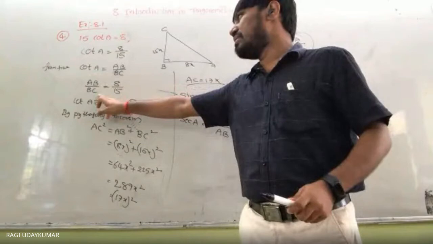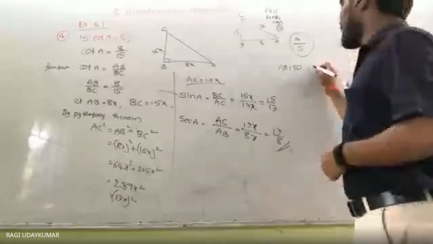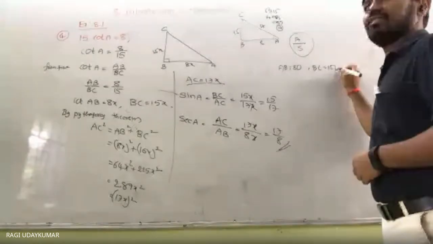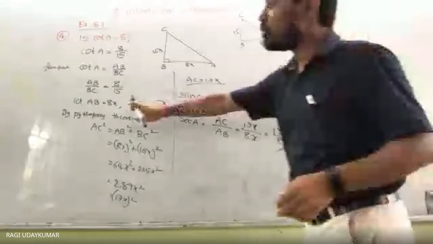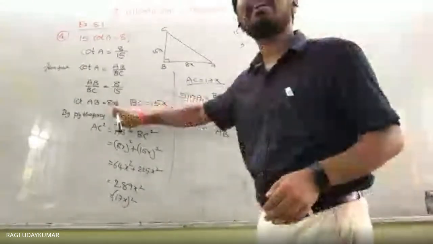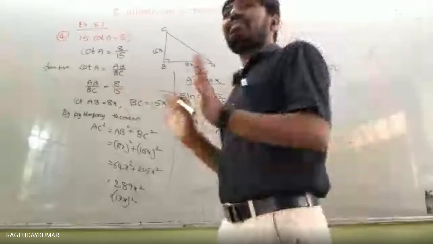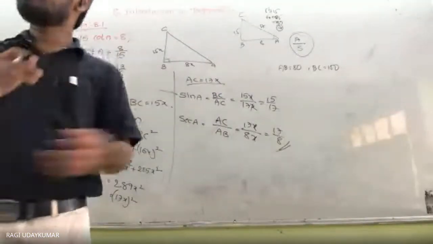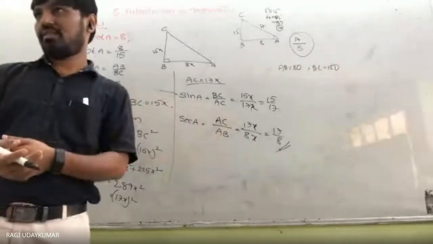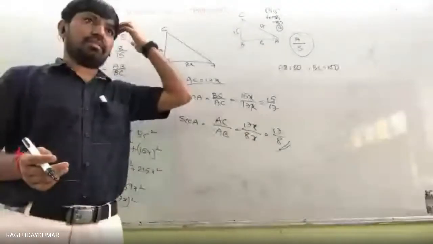Then that means suppose if I am taking AB equal to 80 centimeters, BC equal to 150 centimeters, then AB by BC will be 8 by 15, won't it? So then why? How do you say that it is 8 centimeters? Answer is not important. If only the answer is not important, the procedure is also important. Because with this you are going to lose the concept. In some places, the concept is going to be missed.